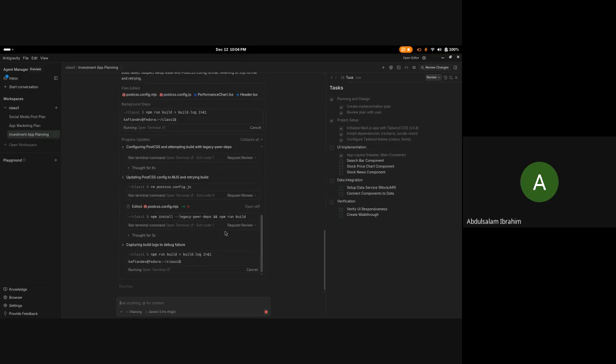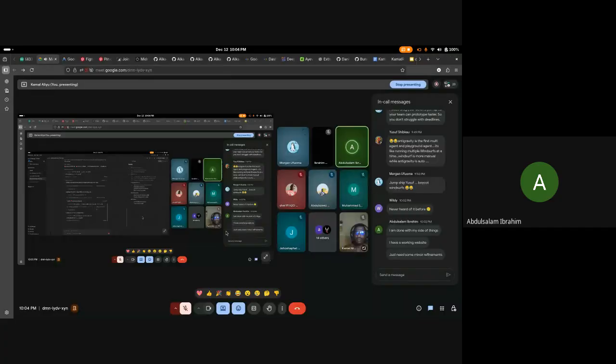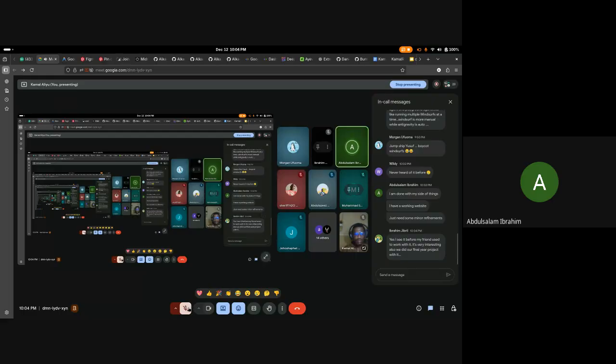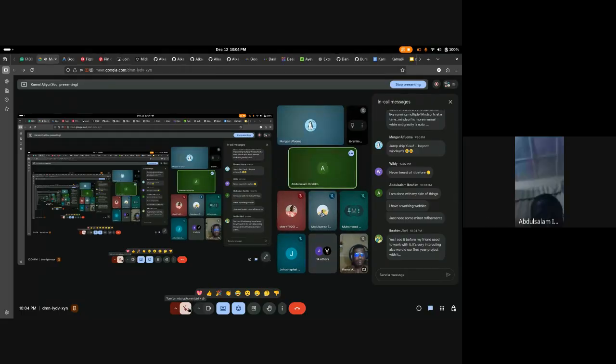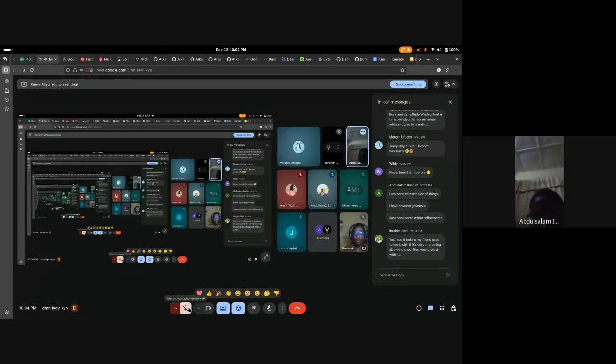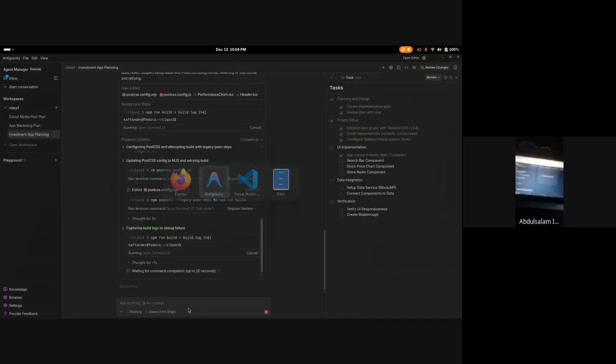Maybe I can share my screen and show how it works. Where's my screen? Okay, here it is. This is the app.